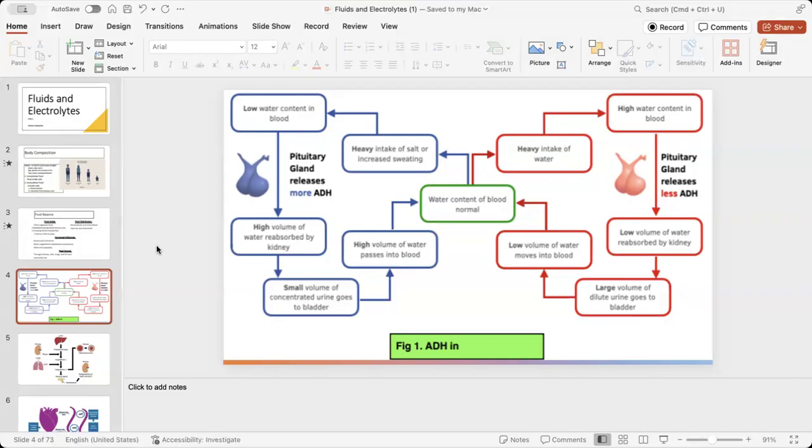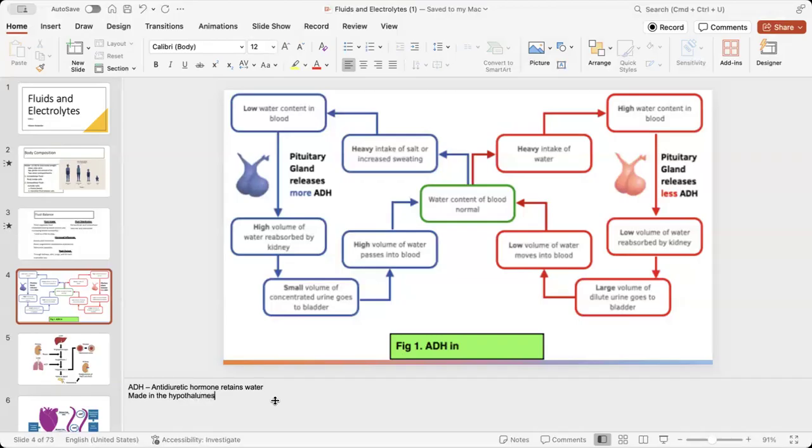Okay, so antidiuretic hormone. What does that mean to you? What is a diuretic? The patient takes a diuretic, what is that supposed to do? Make him get rid of extra fluid. So what's an antidiuretic? Retain water. It's holding on to water. Good. Okay, so this is a good way to think about it. Remember, antidiuretic hormone is made in the hypothalamus. It's stored and released by the posterior pituitary gland.